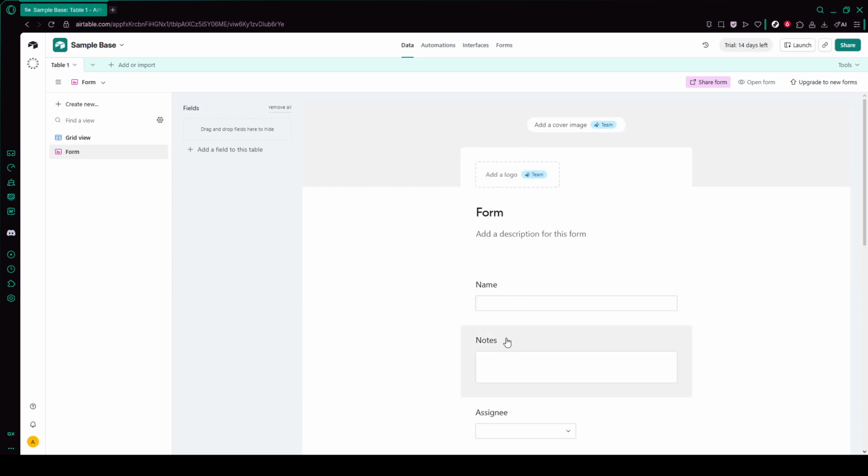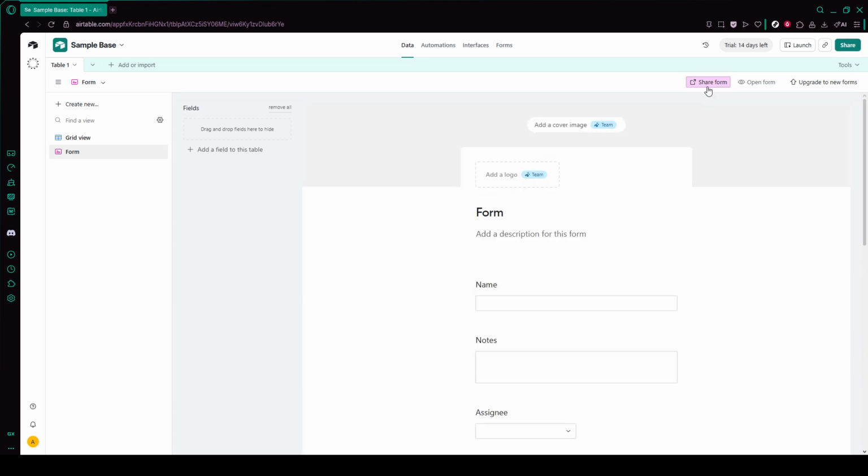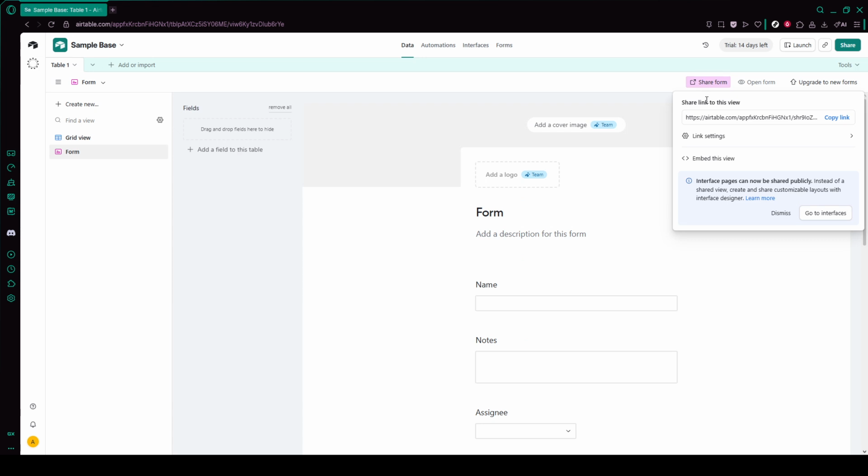When you're happy with how everything looks, it's time to share your survey. Look for the Share Form button, usually near the top of the form view, and click it. Airtable will give you a shareable link that you can copy and paste into an email, a message, or a social media post. You can also grab an embed code if you'd like to place the survey directly on a